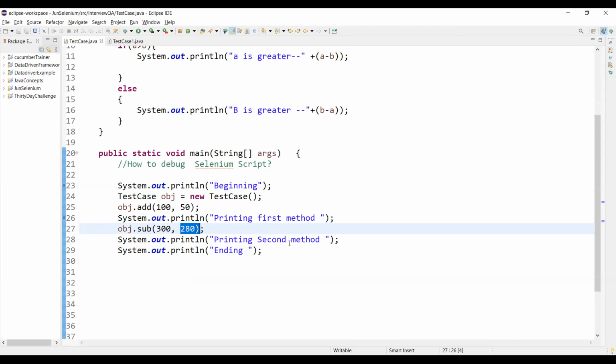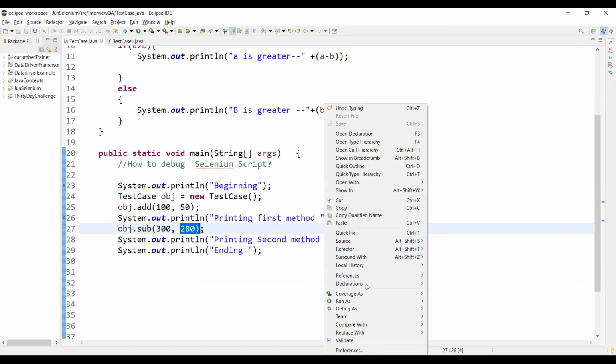We'll run this script and check how it works. The first option we are going to use is step over. What is step over? We'll see. I just right click over here and go to Debug As.